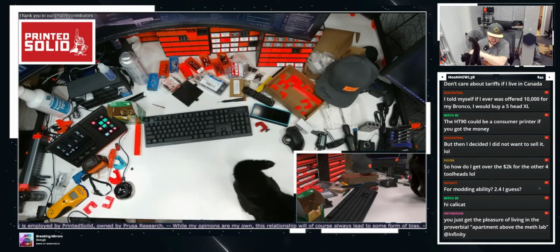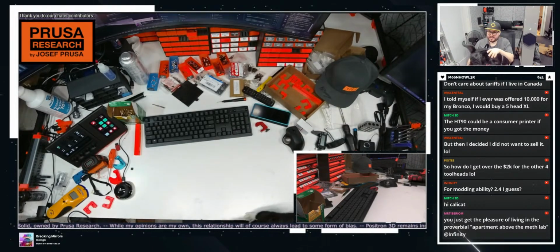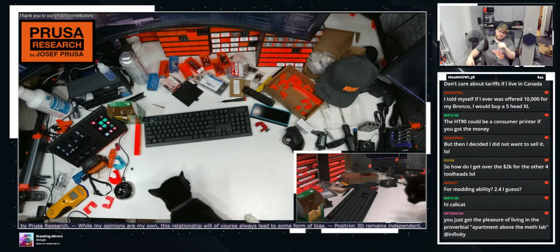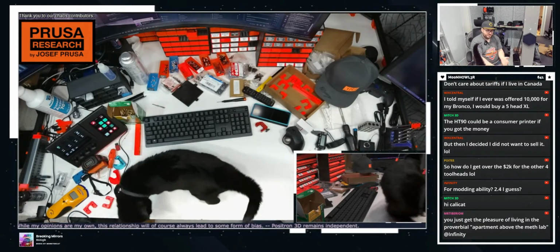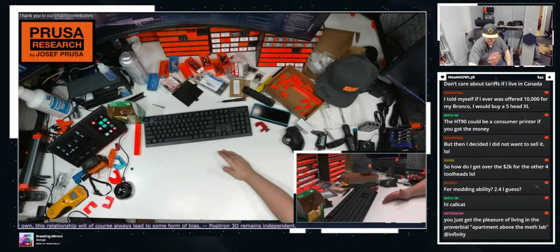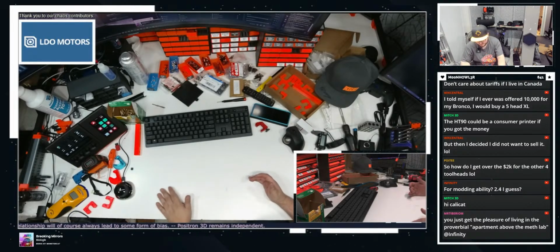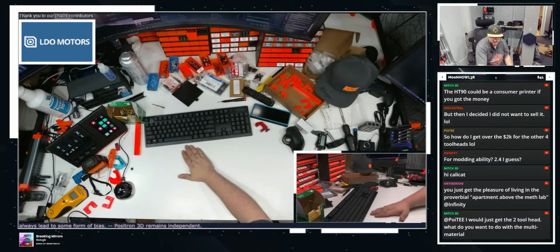Oh my god, Callie, you're shedding so much. I have a cat. I have 2 cats on my desk now. This is why, Callie, I can only have you up here for a short period of time. Yep, down. Good girl. Look how much cat hair is on my desk now. She sheds so much.